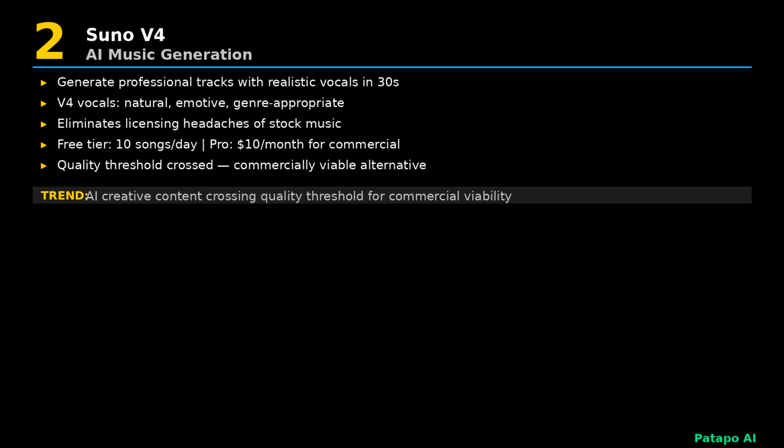The vocals are the biggest improvement in V4. They sound natural, emotive, and genre-appropriate, without the robotic artifacts that plagued earlier AI music tools. For content creators who need background music for videos, podcasts, or presentations, Suno eliminates the licensing headaches and expense of stock music libraries. The free tier generates 10 songs per day, and the $10 Pro plan unlocks commercial